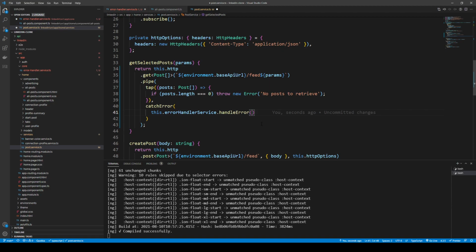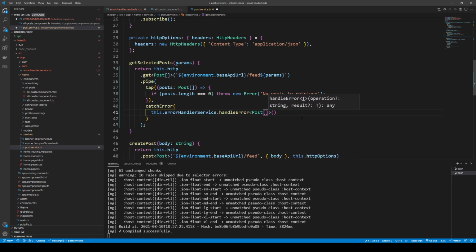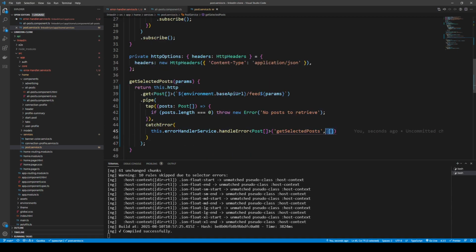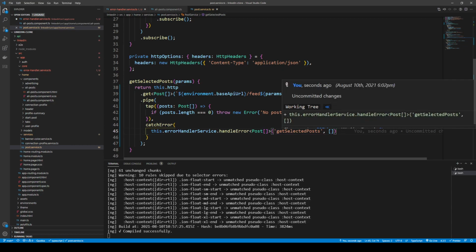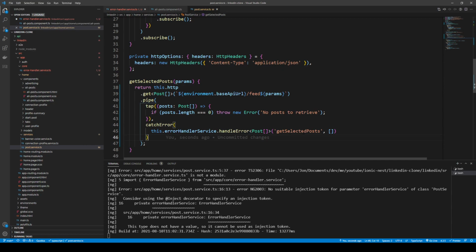So in this particular case, what we want to do is we can say, okay, we want to handle an error for this post array. And if we go ahead and just type in the name of the method for the operation that we want to handle, and in this case we do want to just pass in an array here. So it can default to an array, an empty array, or there's no post in the case that the post length is equal to 0. And so we throw the error, we catch the error, we handle the error,